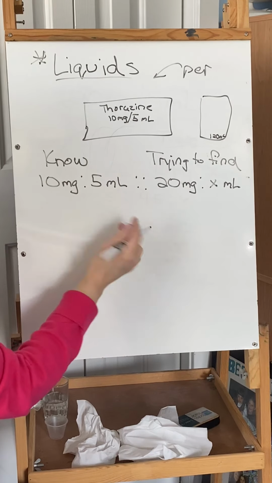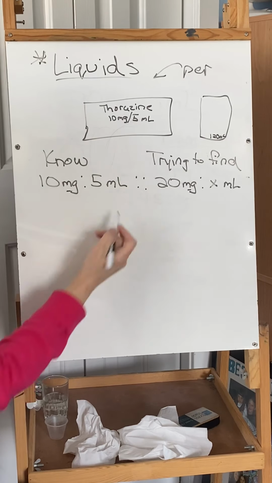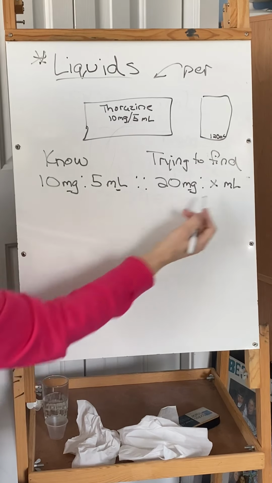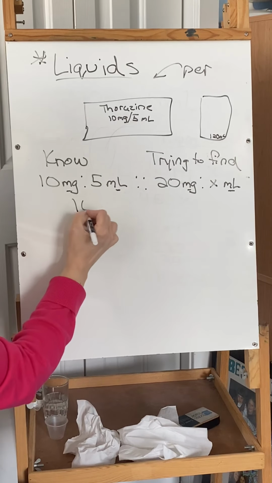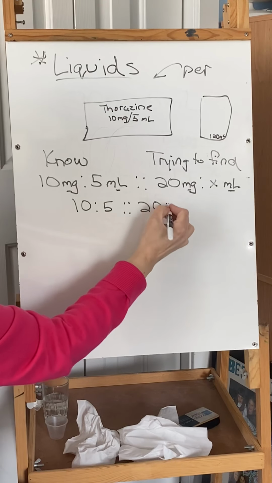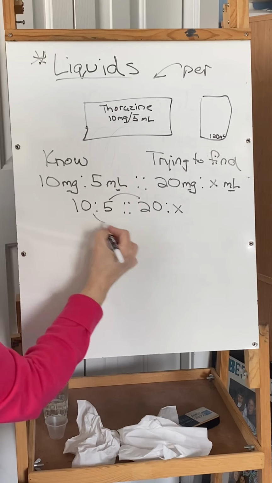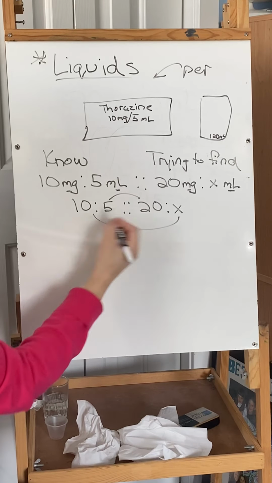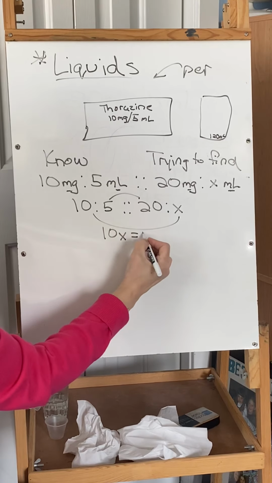Let's check to see: milligram comes first on the left, so ml is going to be second on the right, okay? Now let's get rid of our abbreviations. 10 is to 5, just as 20 is to X. Means equals the extremes. 10 times X is 10X. 5 times 20,